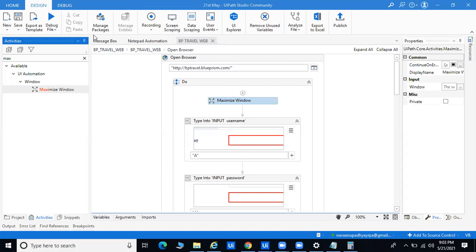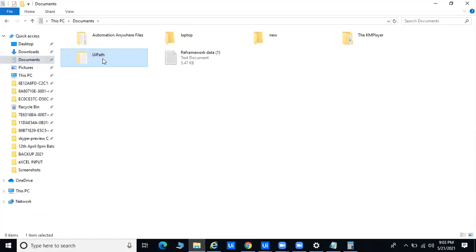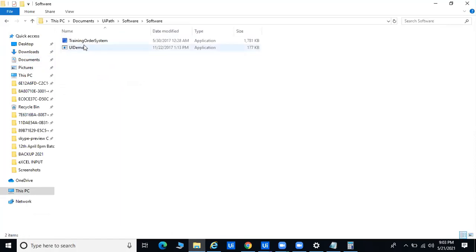Each and everything, tomorrow onwards we are going to start, and we'll try to cover the basics as well as the advanced part and the documents part. We'll cover lots of software, more than 9 to 10 software I'm going to share with you, like your desktop part. I have lots of software like your training system, your UI demo.